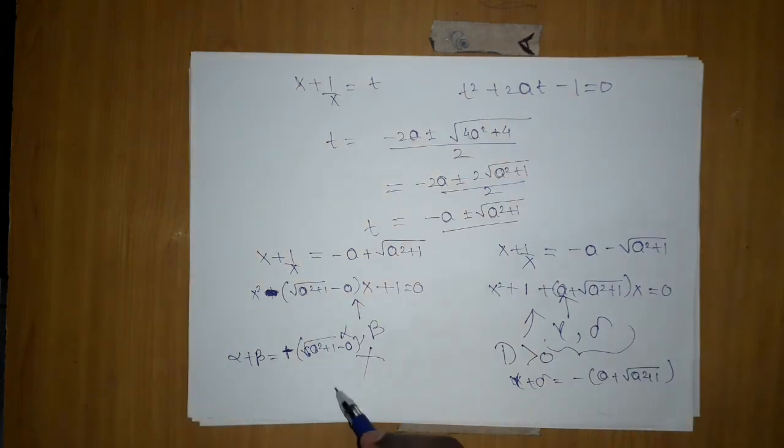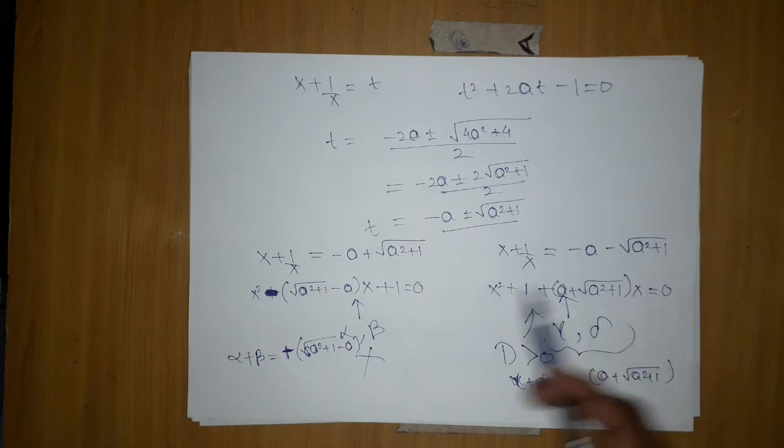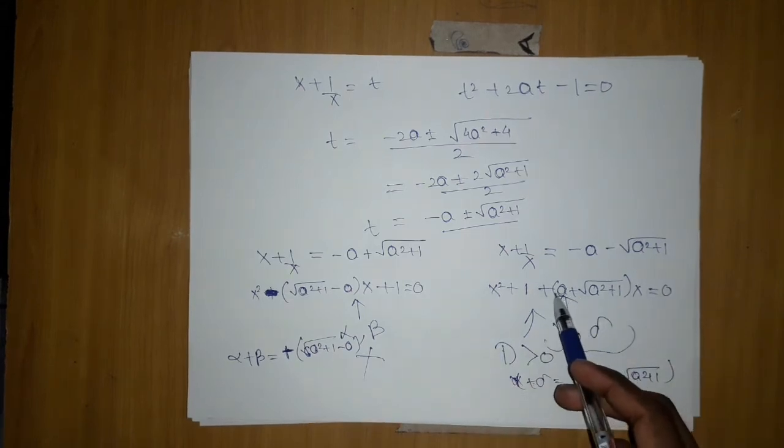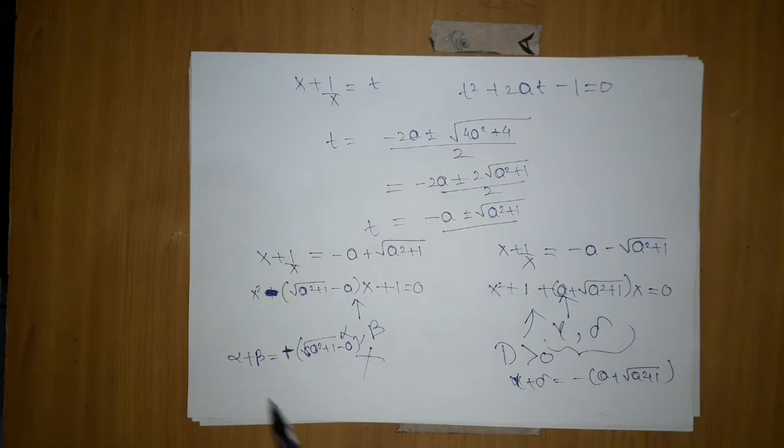It has more probability of being positive rather than this, this is almost negative. This is confirmed negative. The sum of the roots is negative. So what we were doing wrong, we should not do, and children should also not make this mistake. If we check the sum of the roots from here, we will say it is positive and it is negative. But please don't do that. Take it separately like this. Then you will come to know which is negative and which is positive.